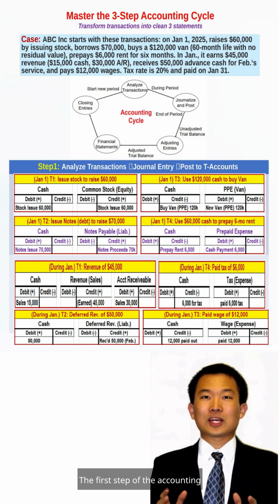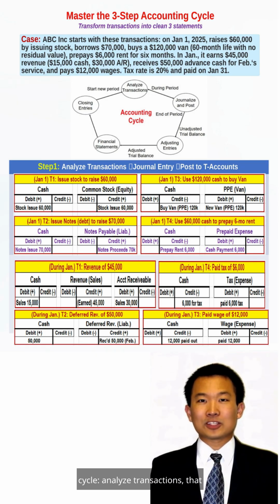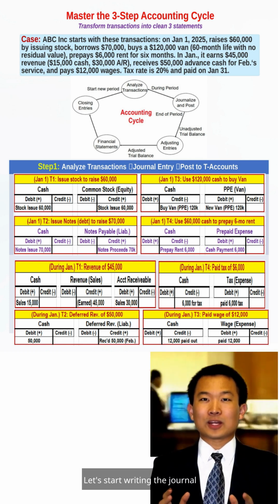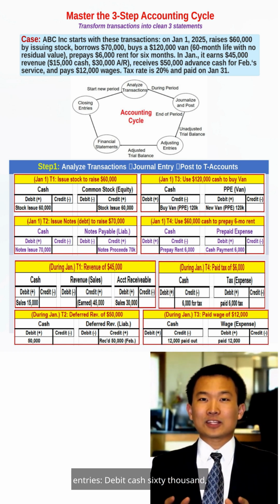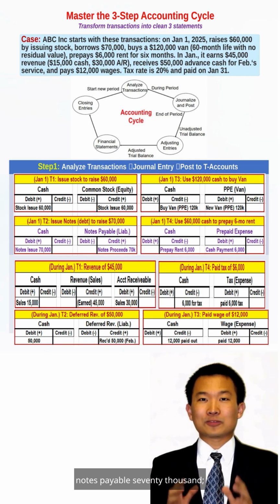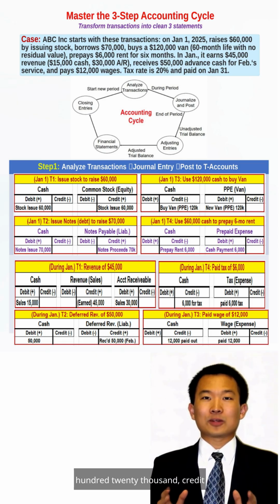The first step of the accounting cycle: analyze transactions, that is, make journal entries and post them to T accounts. Let's start writing the journal entries. Debit cash $60,000, credit common stock $60,000, debit cash $70,000, credit notes payable $70,000, debit fixed assets, truck $120,000, credit